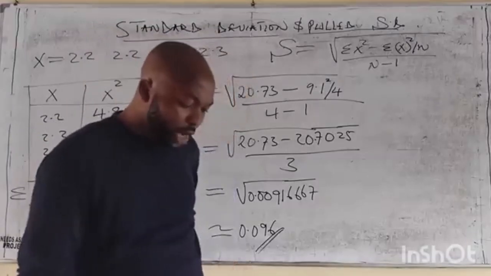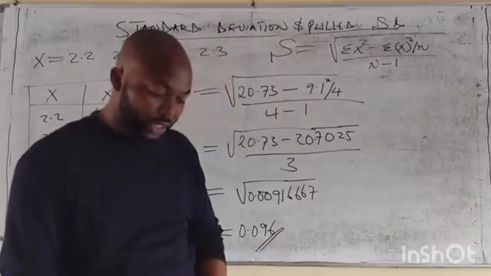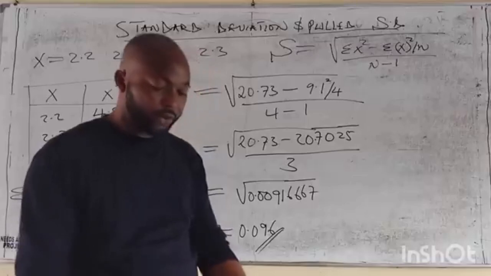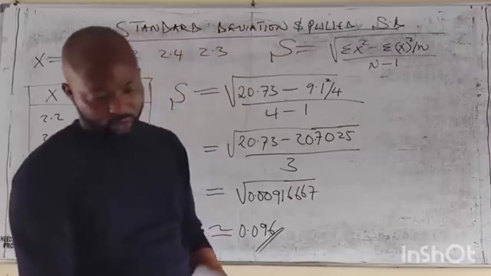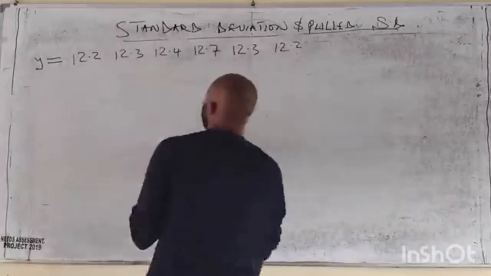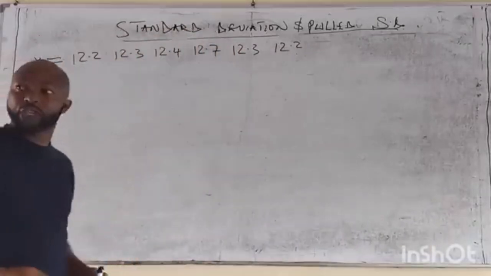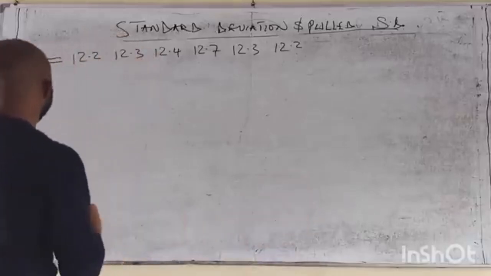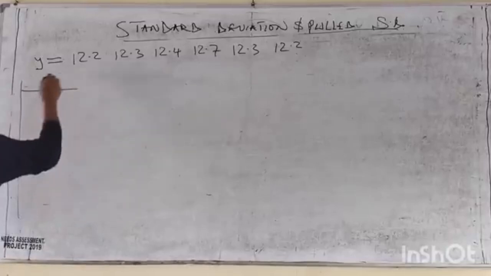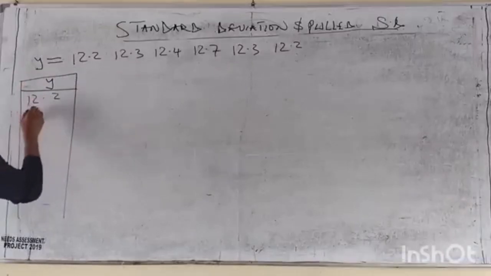The following set of measurements were obtained in a laboratory experiment for the determination of the radius of a metallic ball used in Hooke's law experiment. These are the variables. Let me state them out. We are asked to find our standard deviation from there. So let's see what we get. First, this is our y, which is 12.2, 12.3,